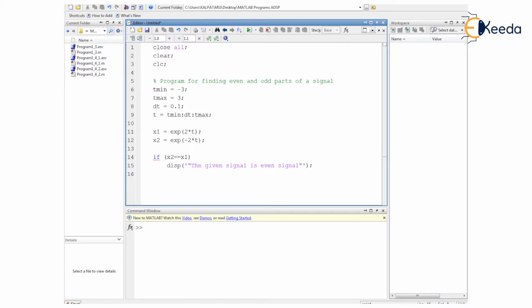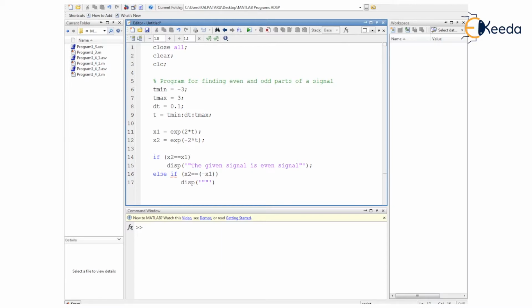Now if the condition is not true, thereupon we shall be writing else if. In the else if part, the second condition is to be validated here. The second condition here is x2 equated to minus of x1. If this condition is true, in this particular case, we are again going to display a certain message onto the command window.